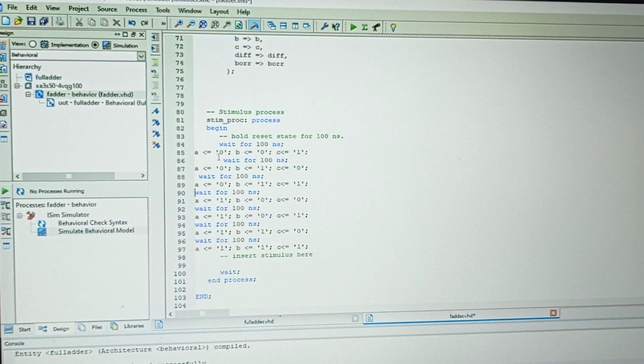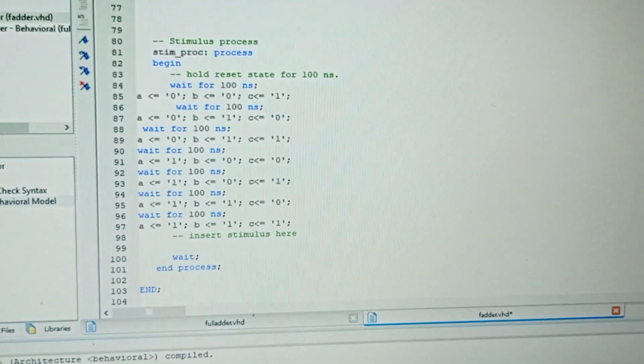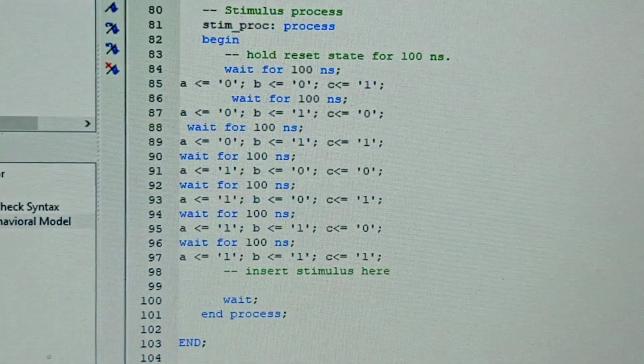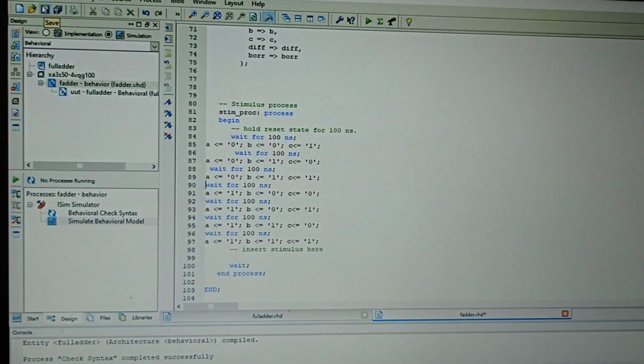The next combinational values 001, 010, 011, 100, 101, 110 and 111. All the 3 combination values, 0 to 7 inputs, were given. So now save the program.